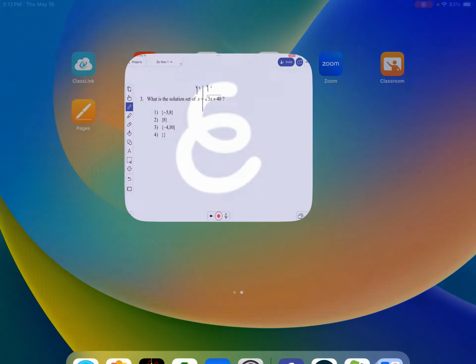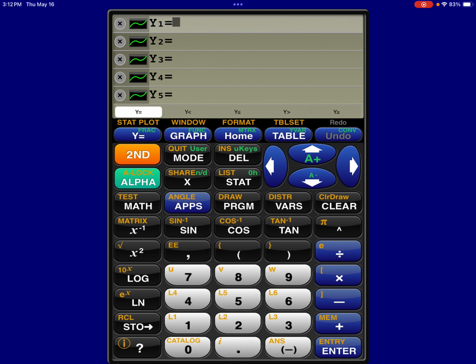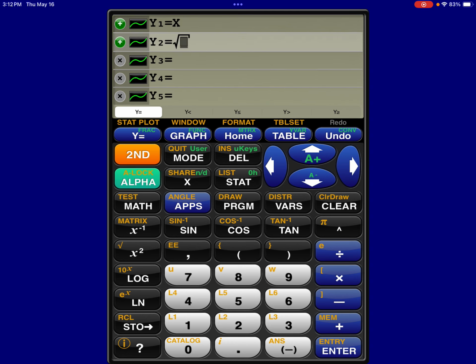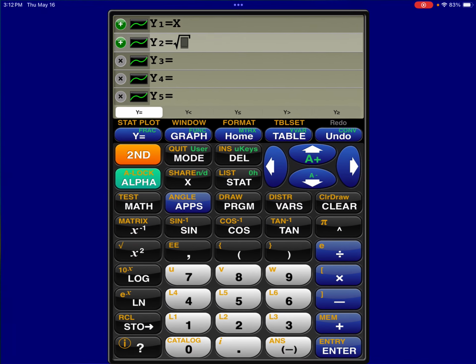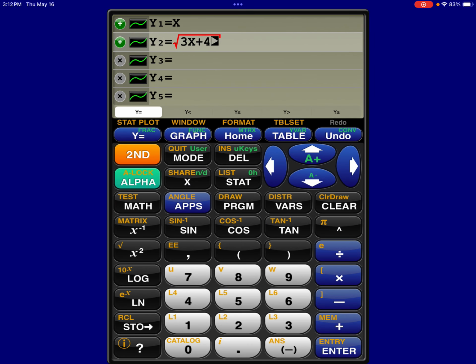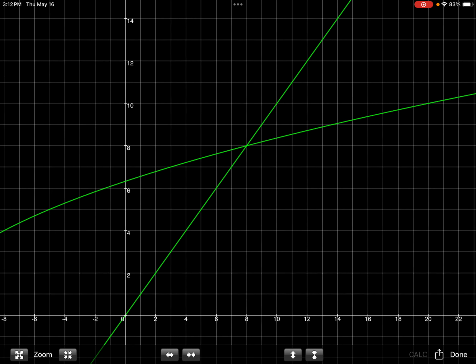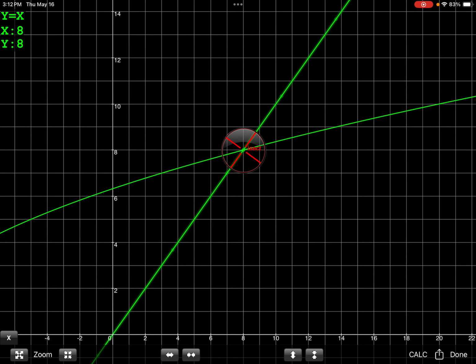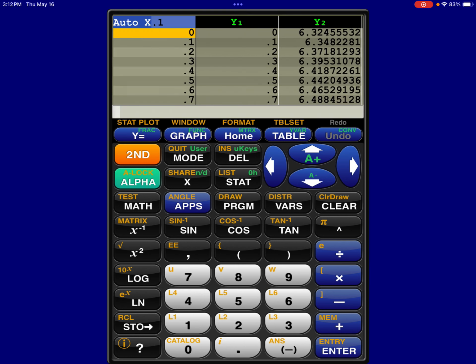So on the left side, I have x, and on the right side, I have the square root of 3x plus 40. Okay, now if I graph this, wonderful, I could see it. That is technically where my intersection is. You could see it there, but if we want to actually look at the table,